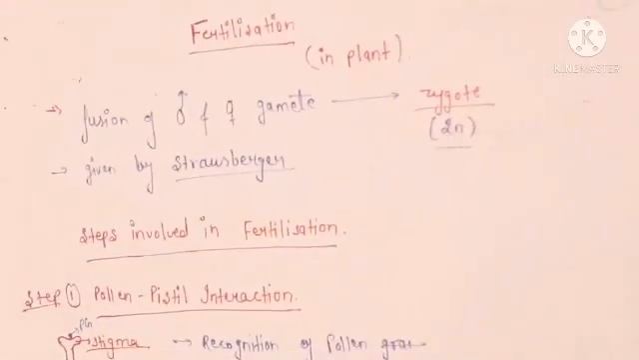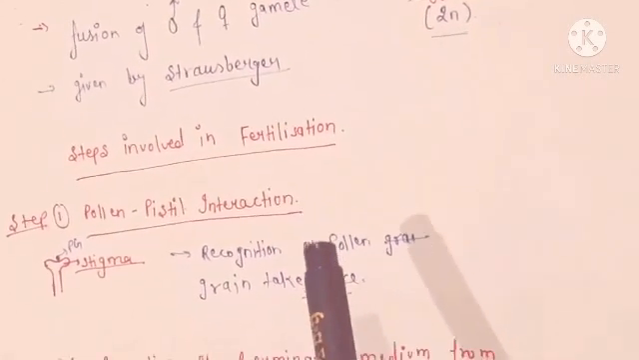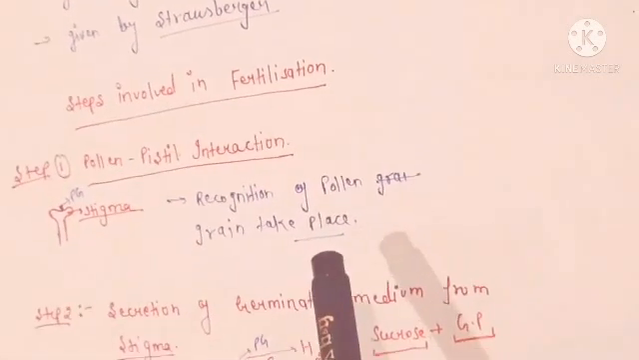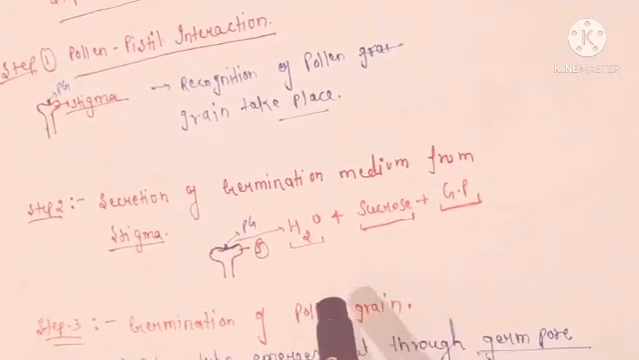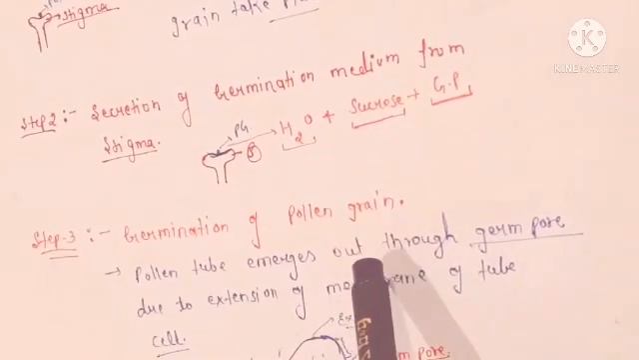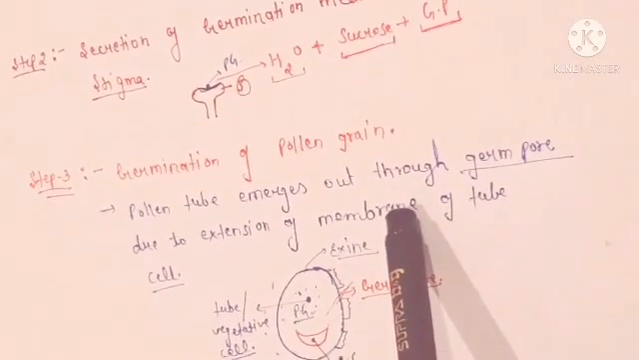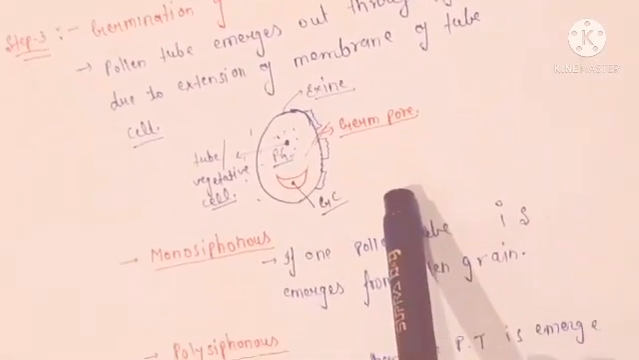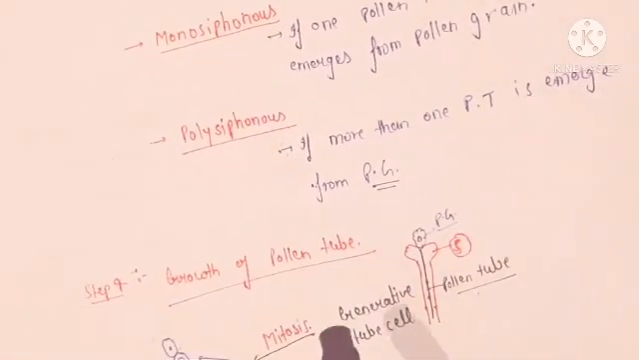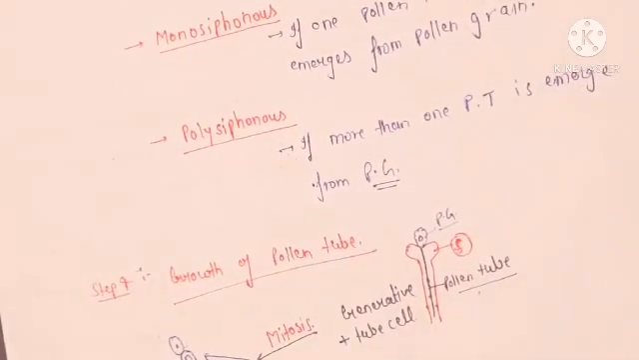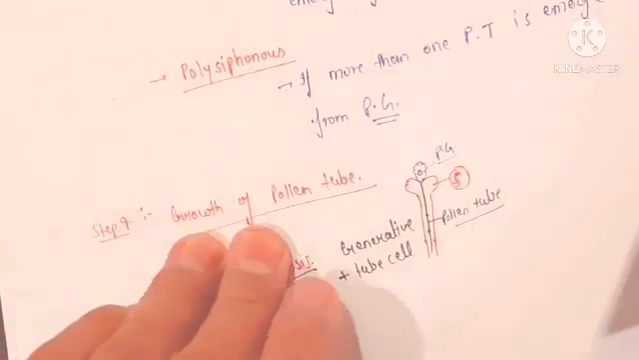Now friends, in yesterday's lecture we discussed fertilization, and the steps involved in fertilization. There are 5 steps. Step first is pollen pistil interaction. Step second is secretion of germination medium from the stigma. We discussed all that in the previous lecture. In step third there is germination of pollen grain. There are two terms, monosiphonous and polysiphonous. After that, in step 4 there is growth of pollen tube, and in the last step, that means step 5,